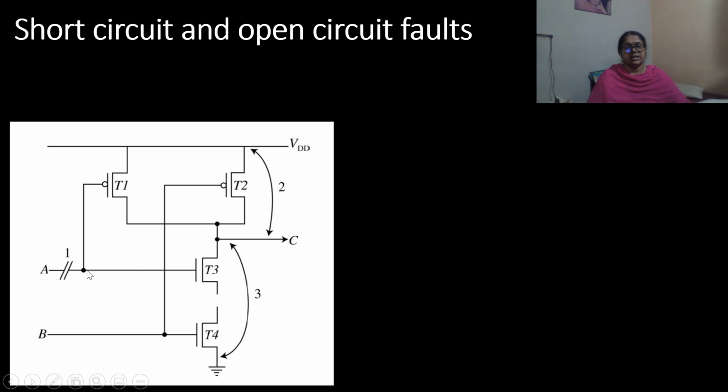And if we consider stuck at 1 at input A, then T1 will be off and T3 will be conducting. Fault 2 forces the output node to be shorted to VDD. That is, the fault can be considered as stuck at 1 of the output node. Similarly, fault 3 forces the output node to be stuck at 0.